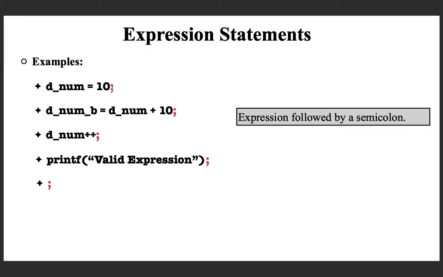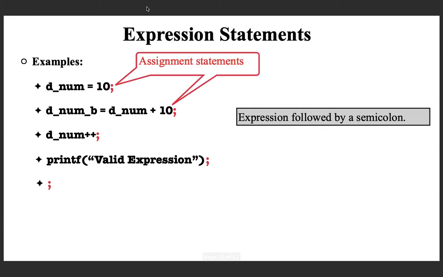Even though in the last two classes we discussed about control statements, where the statement was not defined, now we are trying to fill that gap. What is a statement? Now what we have defined is what is called expression statement. And if you look at the first two, they are called assignment statements. They are expression statements, but if an expression statement is assigning the value of the RHS expression to a variable in the LHS, then that is what is called an assignment statement.